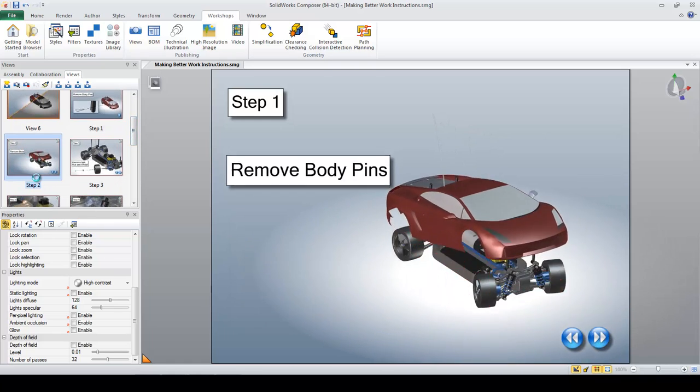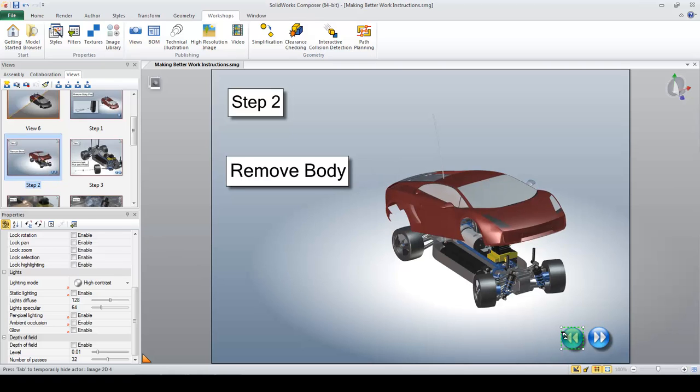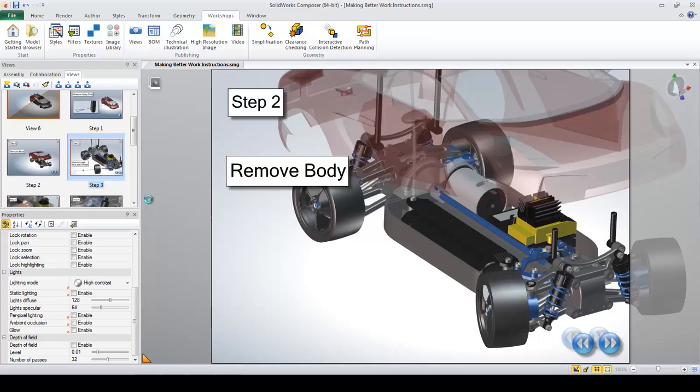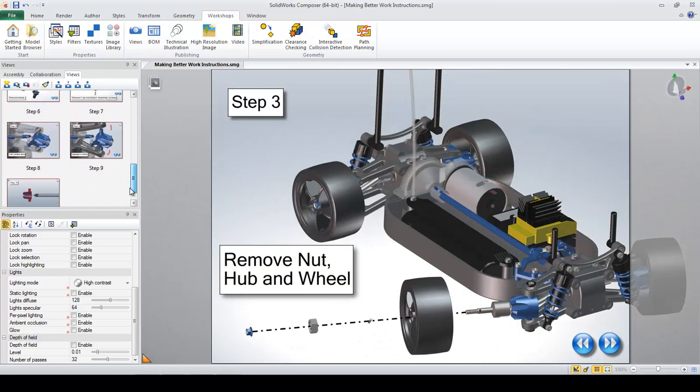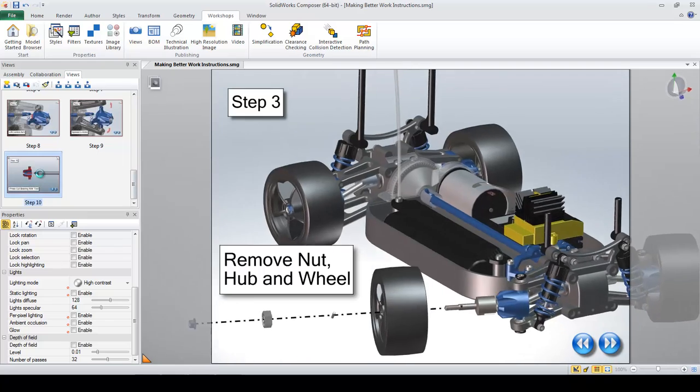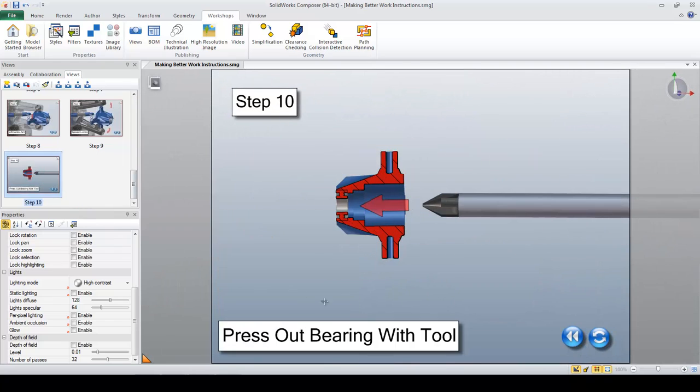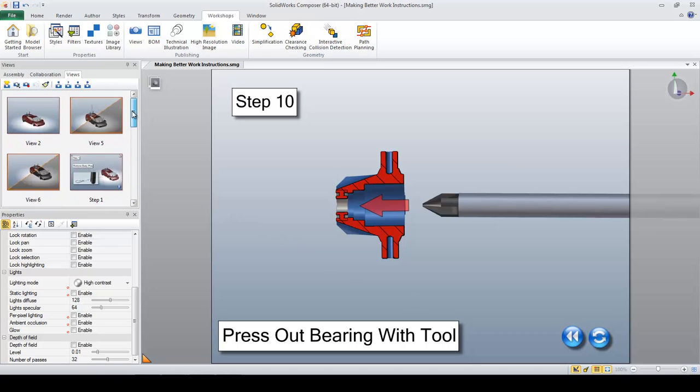If I go to step 2, I've got a reverse button. Reverse button linked to step 1. My forward button linked to step 3. So on and so forth throughout my steps until I get to my final one, step 10, which I've got set to a new button, which is start over. My start over button is linked back to step 1. So let's see how these work. If I go back to step 1,